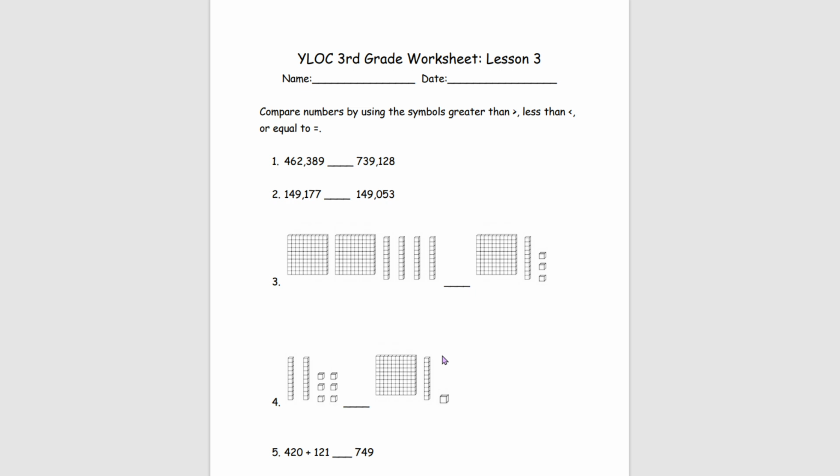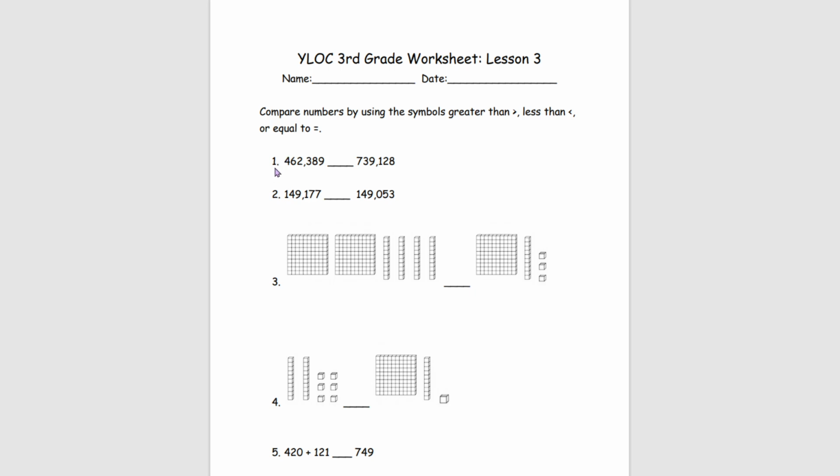And to start off, we're going to be comparing numbers by using the symbols greater than, less than, or equal to. So in our first example, we're comparing two really big numbers. We have 462,389, and on the other side, we have 739,128. And basically, to compare these two numbers, we're gonna start off by looking at their biggest value, which is